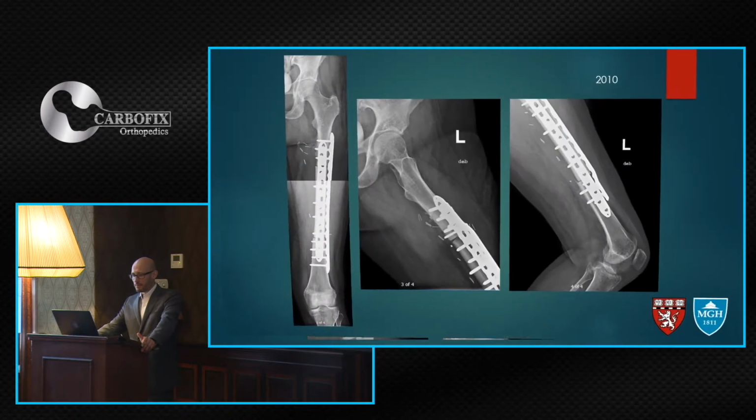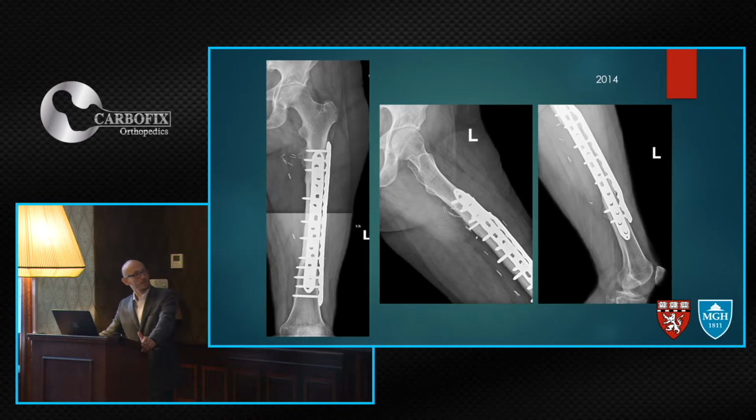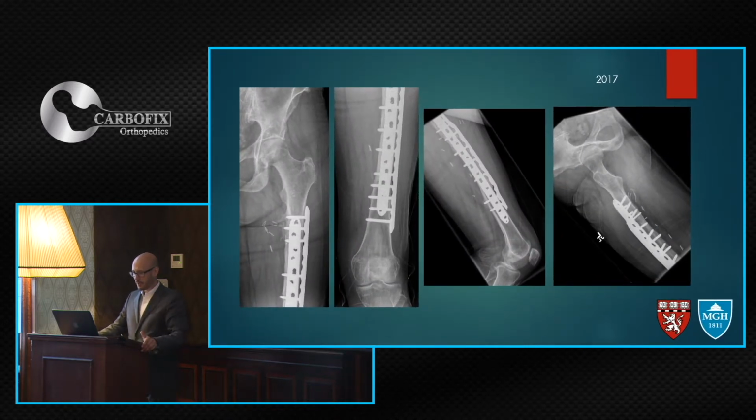Double plating technique. In 2010, you see areas of junction. These things take forever to heal, but finally in 2014, you see that there is good incorporation of the allograft. So Dr. Springfield retires. Well, these are titanium plates, and the patient started to come complaining of pain in the leg. She doesn't feel that great, and there is maybe an area of loosening that you see around that screw